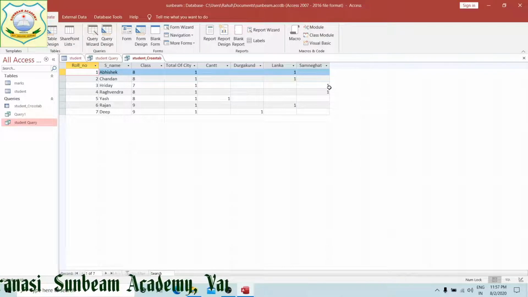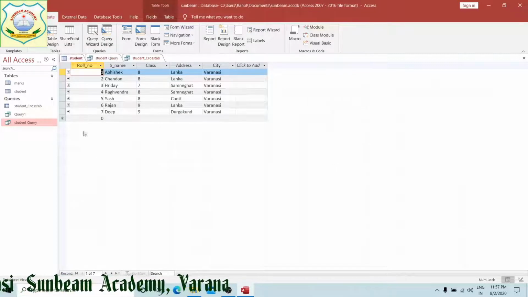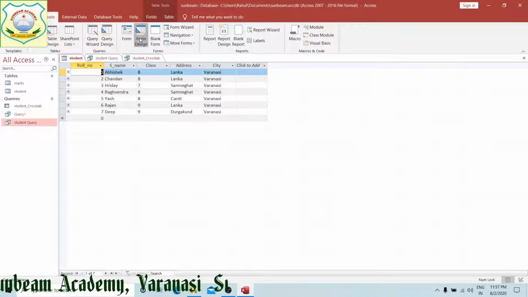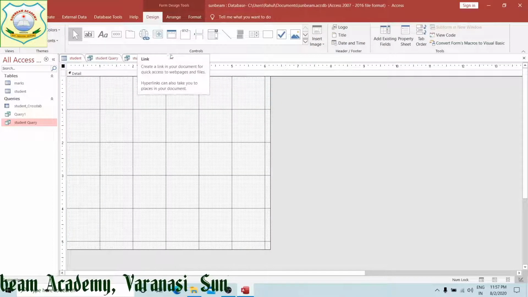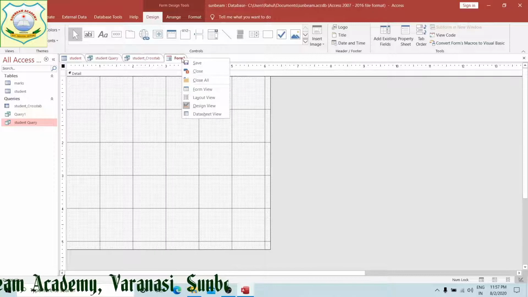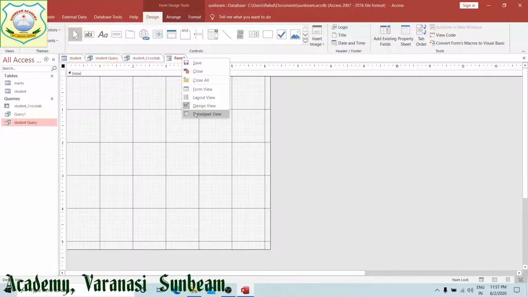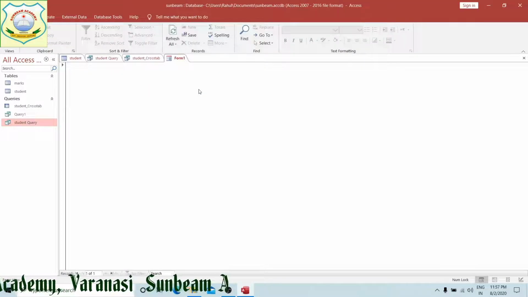As I told you, this is student table. Simple way we are putting the data. Now we are going to create form. Form design. This is form view.